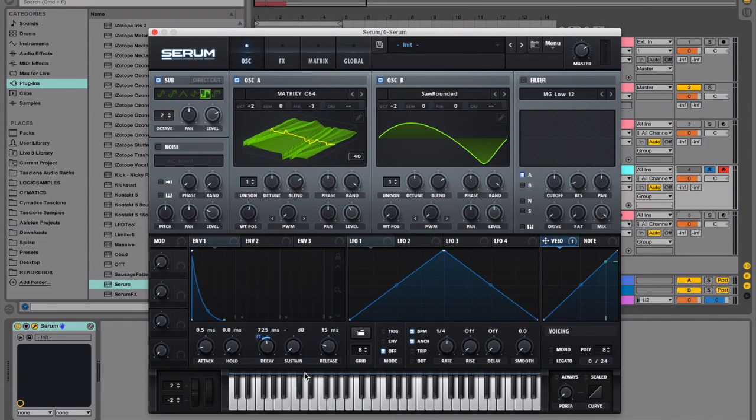So that's really going to bring some things home later, because we have 5 things that envelope 1 is modulating. So with this velocity controlling the decay time of envelope 1, it is really going to change the timbre of the sound. All right, so next thing we're going to do is, while we're by the envelopes,